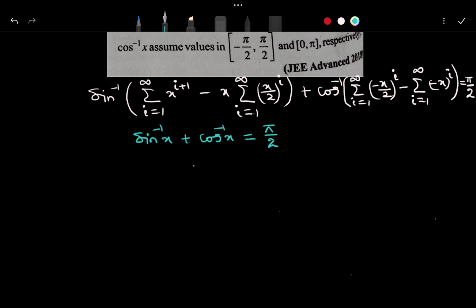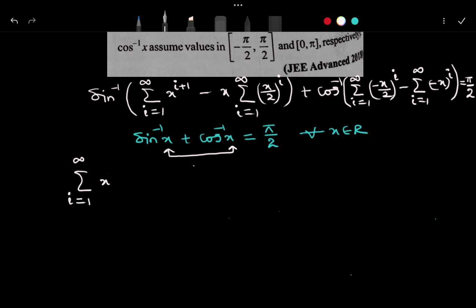This will be satisfied for all x belonging to R. And one more thing you have to observe: if the input values are the same, the input values will be the same. So according to that result, you can write that sigma i equals 1 to infinity